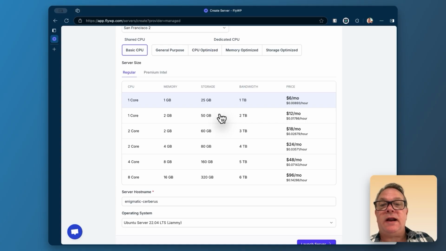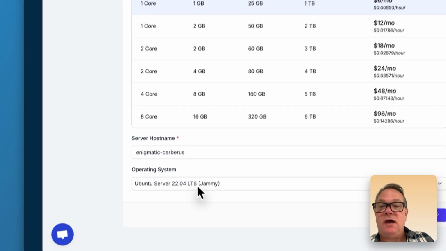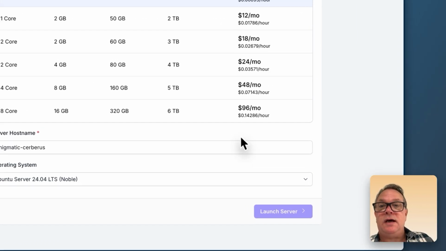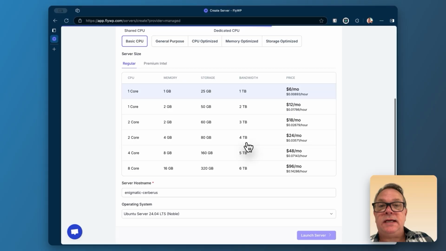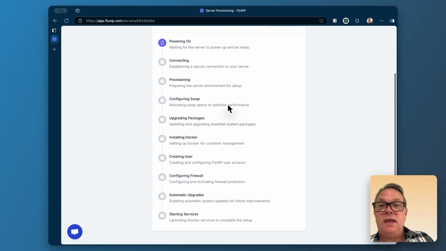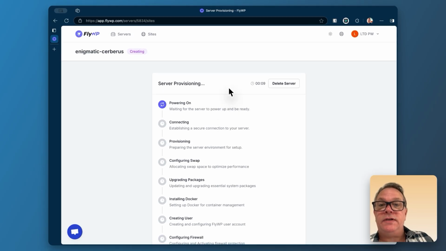You can do all of that right through this interface here. Everything else is pretty much the same as you go through this interface, selecting your server, choosing the location, and then choosing the operating system, and it'll go through and provision the server pretty much the same as any other